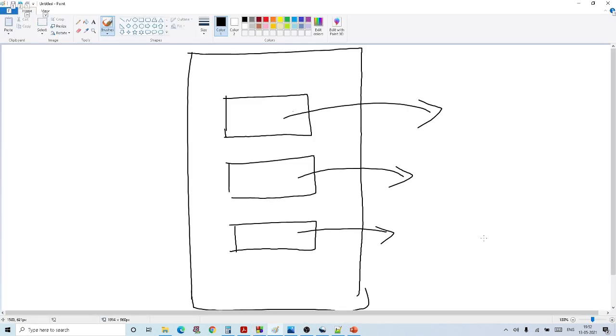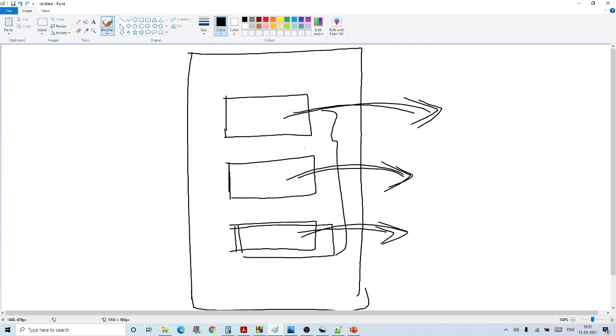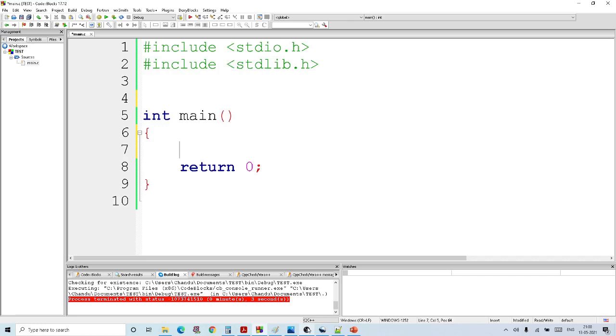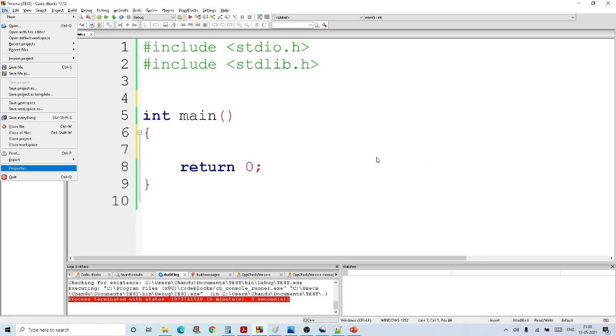Another advantage of using functions is that a big program or a big application can be split into several small functions, and different people can individually work on these small functions, and these functions can be integrated into one large application. Now let us try to understand the syntax of a function using a small example. Let us write a function which will give the sum of three numbers. Okay, so how do we write the function?